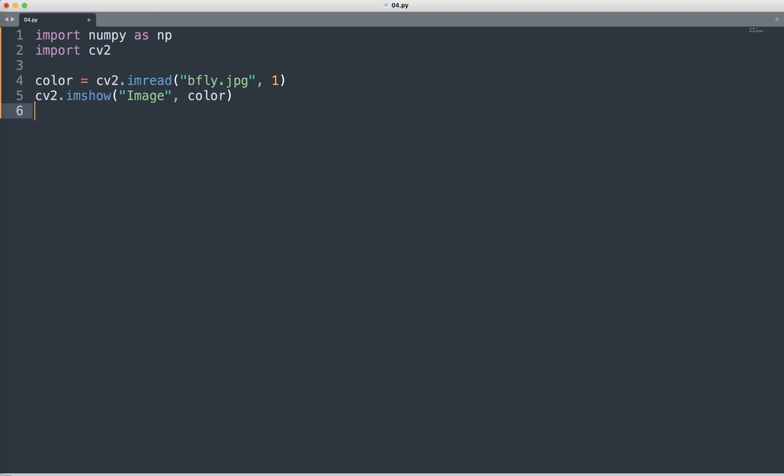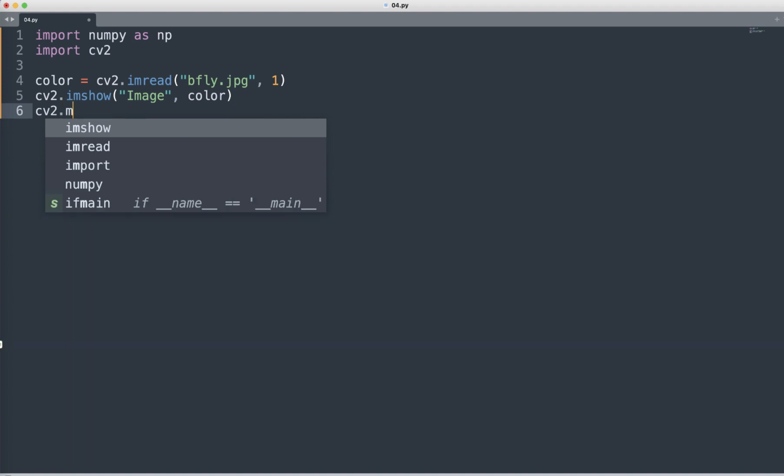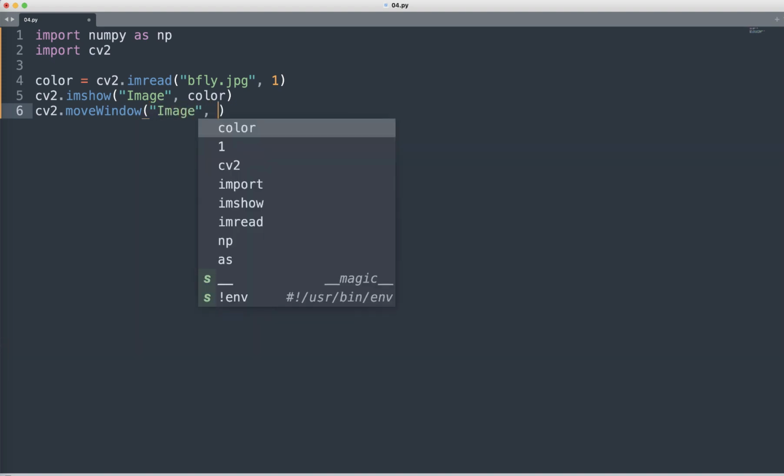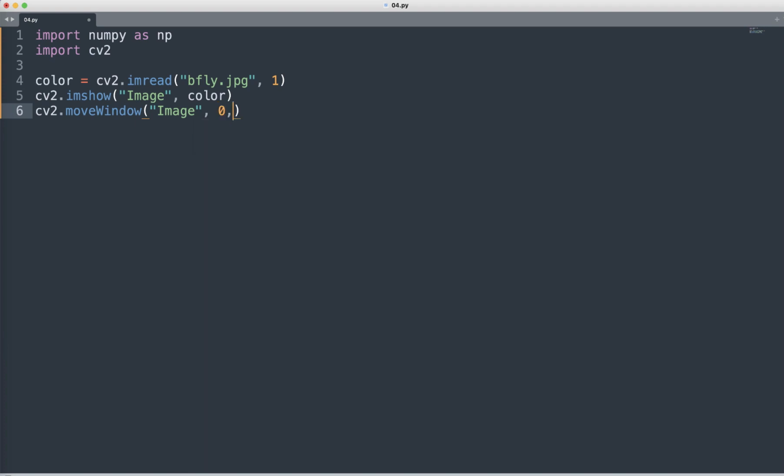So finally we are going to explicitly set the window with cv2.moveWindow. We use the same image name here, the image, and then 0, 0. This means that when cv2 runs the script,